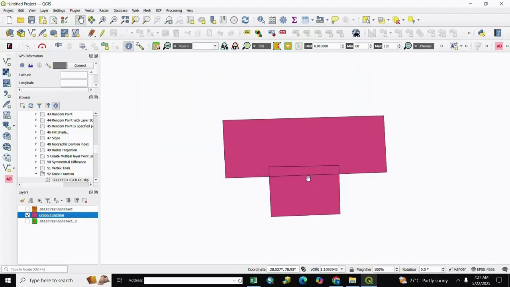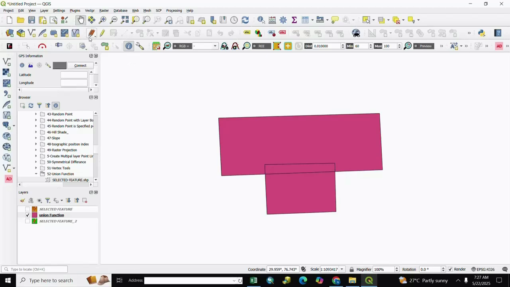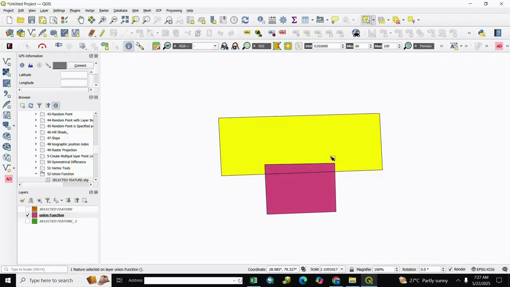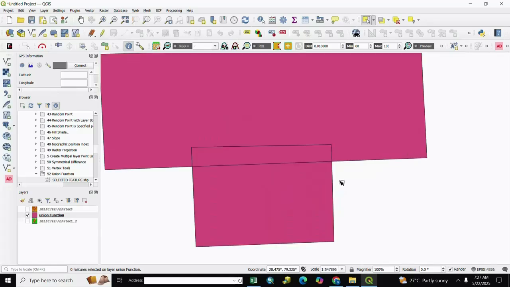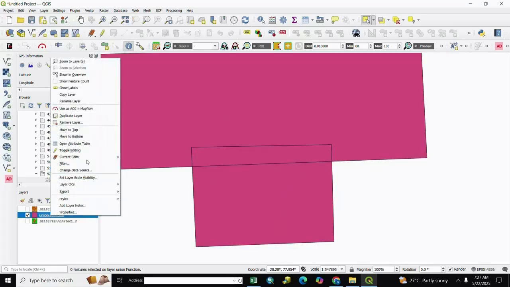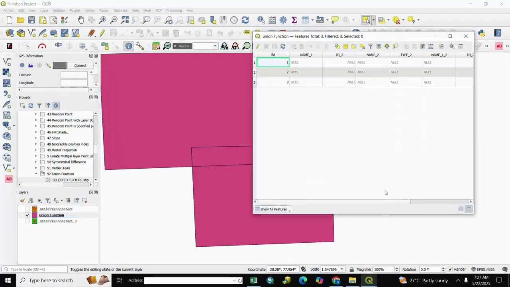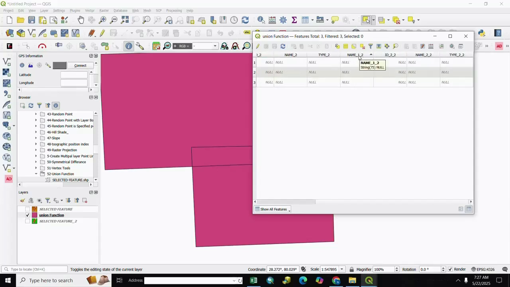You see here our output: 3 features created, 1, 2 and 3, and we also see the attributes. For the attributes we right click and go to open attribute table, and you see here name 1, id 2, name 2, id 2, and for the second feature name 1 underscore 2, id underscore 2, name underscore 2, type underscore 2.